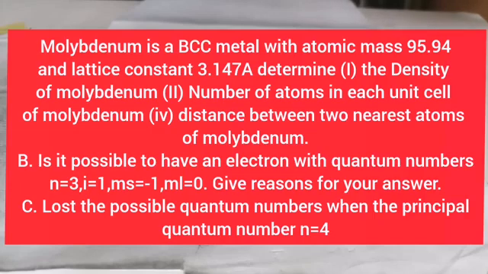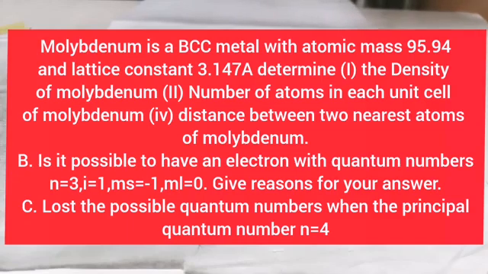Okay, so let's take a look at past question review on material science. This is actually a question from 2017, question 2 precisely, 2017/2018 past question material science in Rivers State University, Port Harcourt, Nigeria. So the question says, molybdenum is a BCC metal with atomic mass 95.94 and lattice constant 3.147 Angstrom units. Determine: